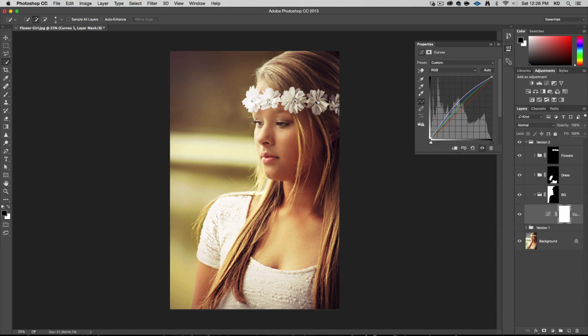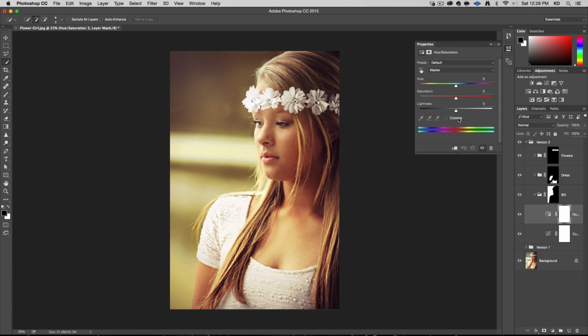All right. And you know what I'm going to do? I'm going to create another hue saturation, and I'm going to colorize, go to the orange, somewhere here, saturate this nicely, make this kind of an orange cast, somewhere around here, but I want this layer to be around 15%. Okay, so before, after,